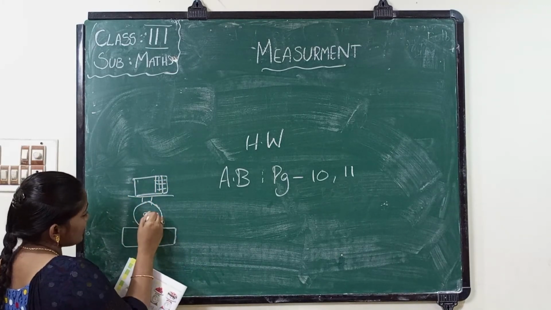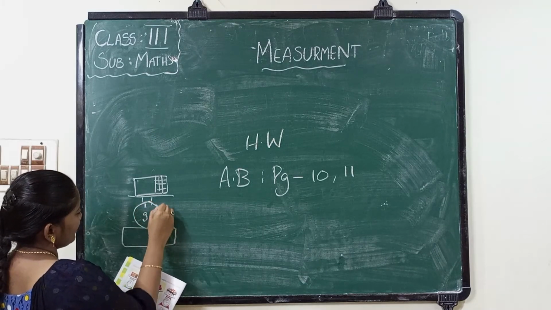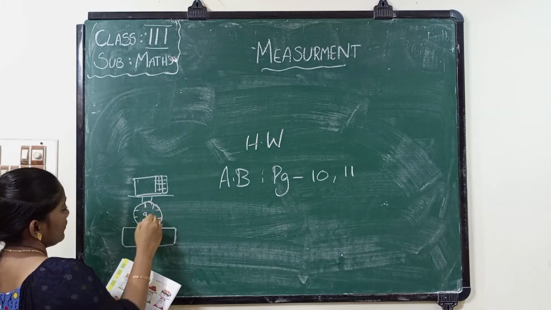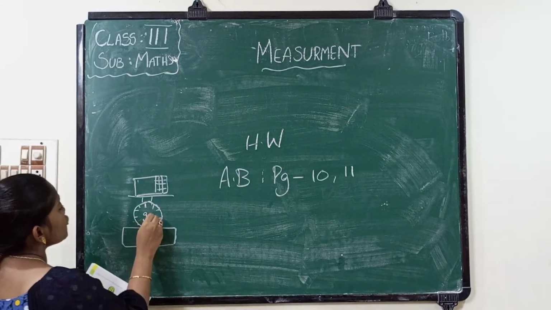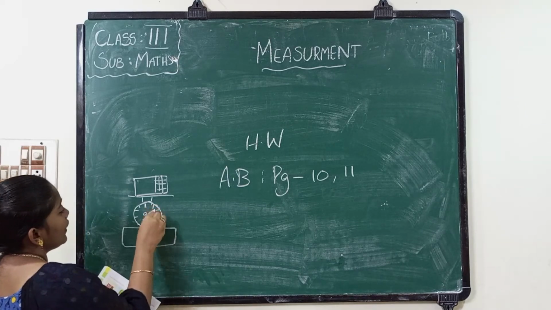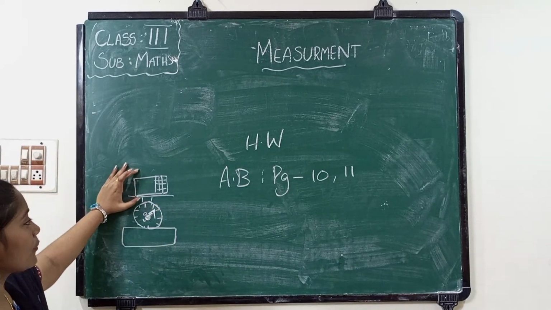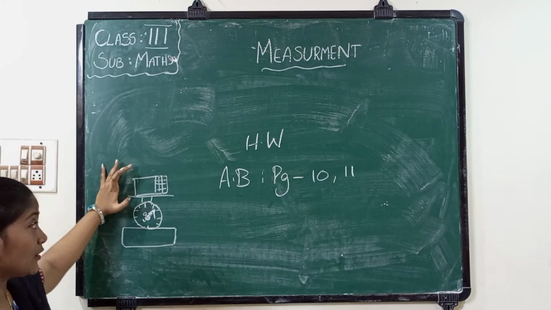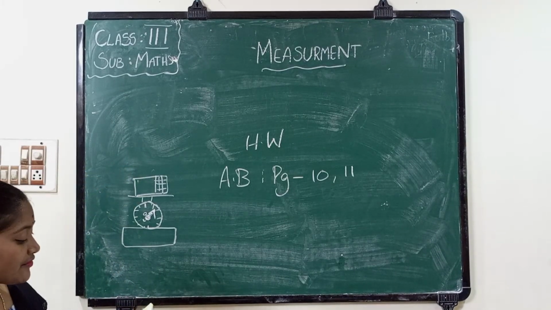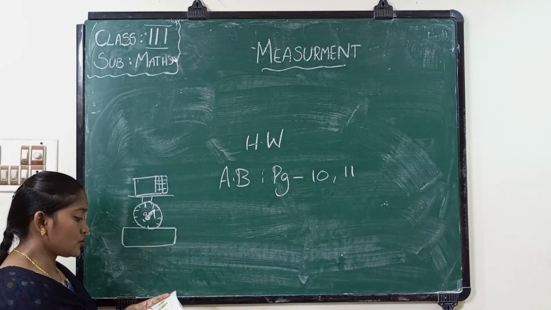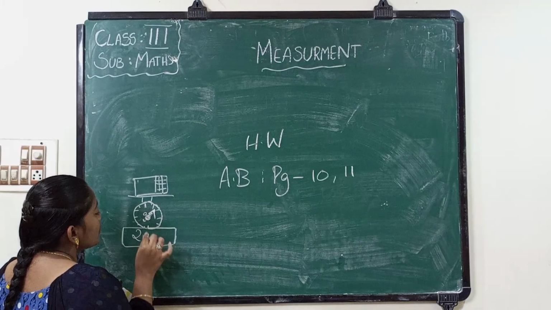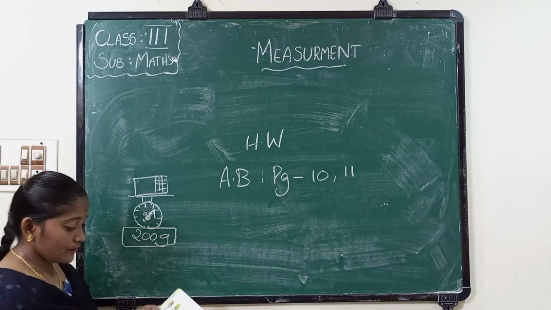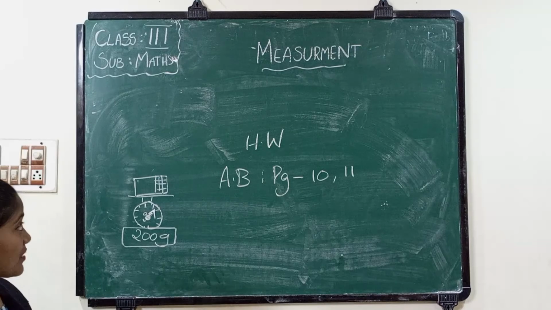Here it is showing the grams like this. It is like this, the machine where the point is showing. It is the weight of the particular object we are placing in the weighing machine. See here for the first one, it's a chocolate, and the blue line indicates the weight of the chocolate. So it is showing 200 grams. So you have to write 200 grams. Like that you have to fill page number 10.